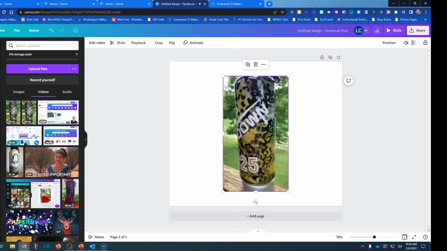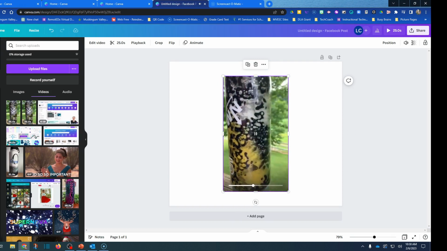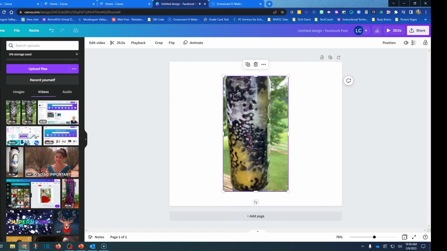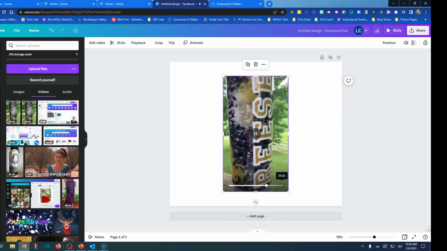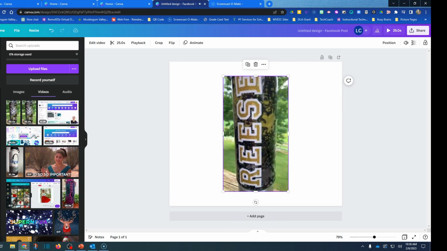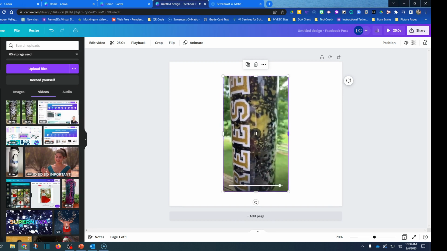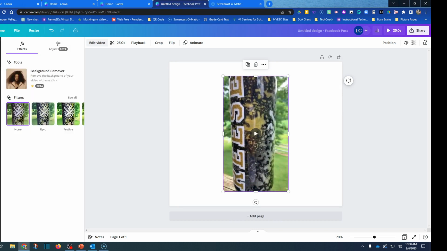Now I'm going to try to take the background out of this particular video. As long as I have the object selected, you can see that I've got these little handlebars around it. That means it's selected. So I'm going to go up here to the top and hit Edit Video.